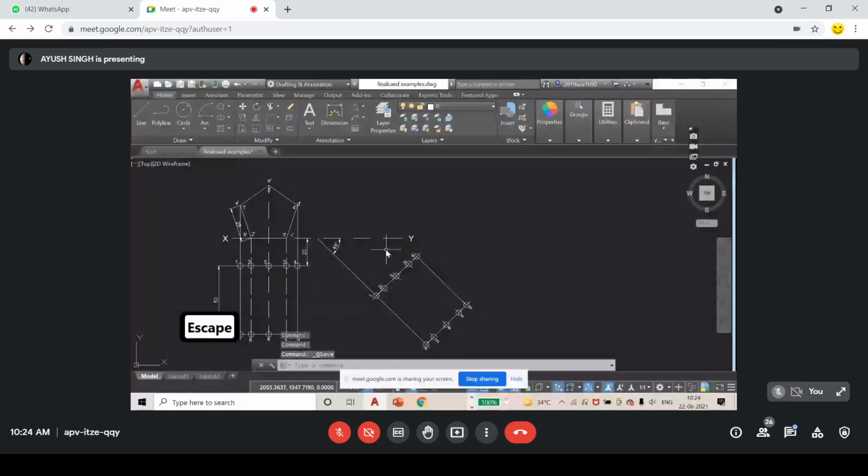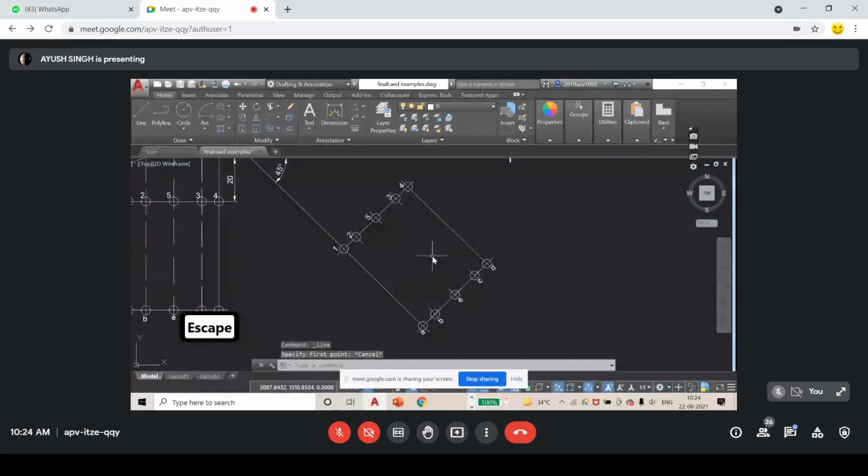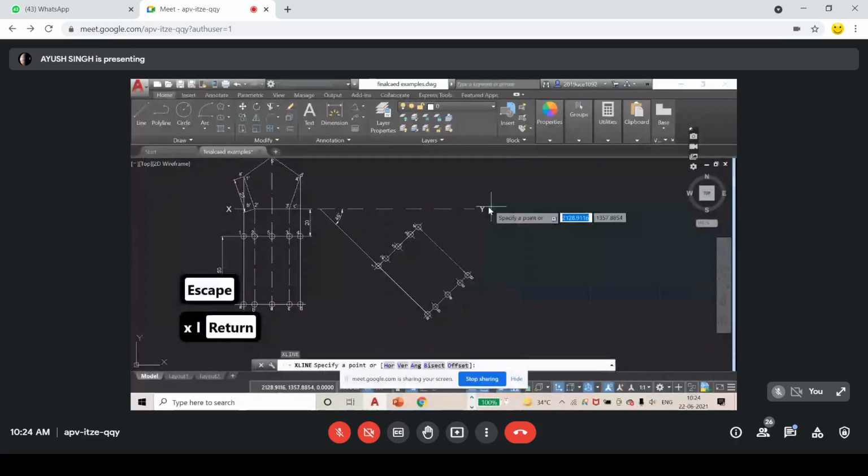I'm going to extend my XY line now. And now you all know what I will do. I want the corresponding front view. So for that, quickly let me create construction lines. I am using construction line now to save time. X line and auto mode. One, escape.